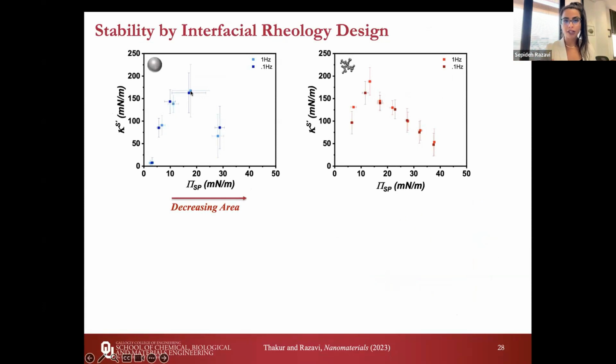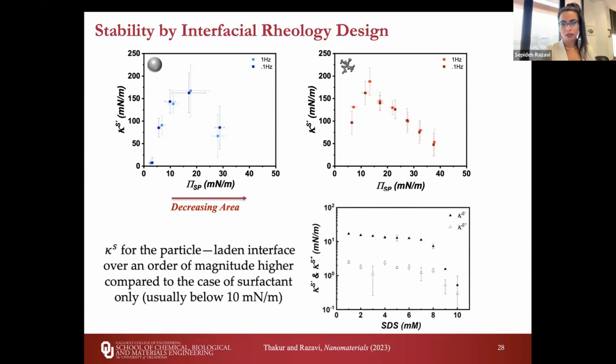And after we have reached the maximum packing, they're going to buckle, and that's when you see the elasticity go down, because now they have released the stress by wrinkle and buckle formation. Now, if you compare this to the case of surfactants, where we can also do similar experiments as a function of surfactant concentration, they are an order of magnitude smaller in terms of their elasticity compared to particle-stabilized systems. So you just look at these scales, they're very different.